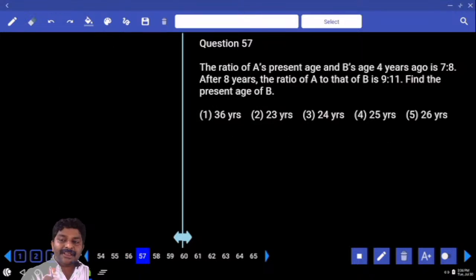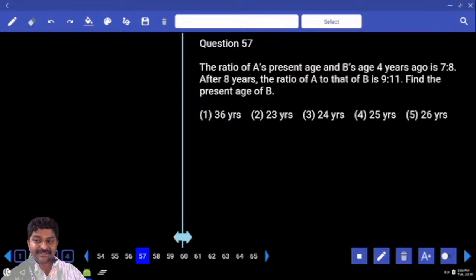The ratio of A's present age and B's age 4 years ago is 7:8. After 8 years, the ratio of A to that of B is 9:11. Find the present age of B. Okay, now the question is about B's age. B's age 4 years back was